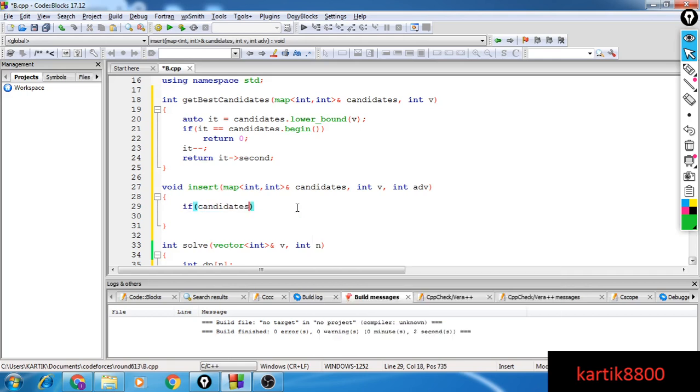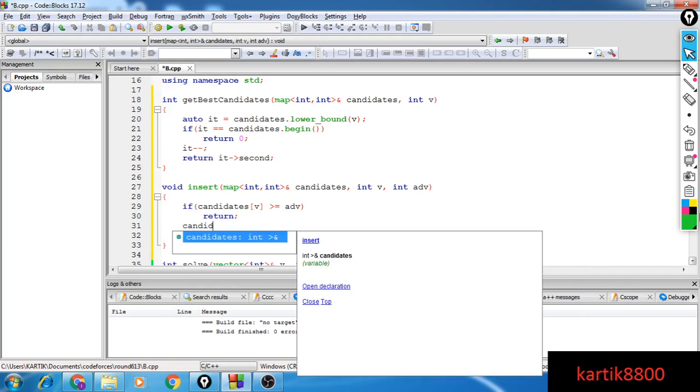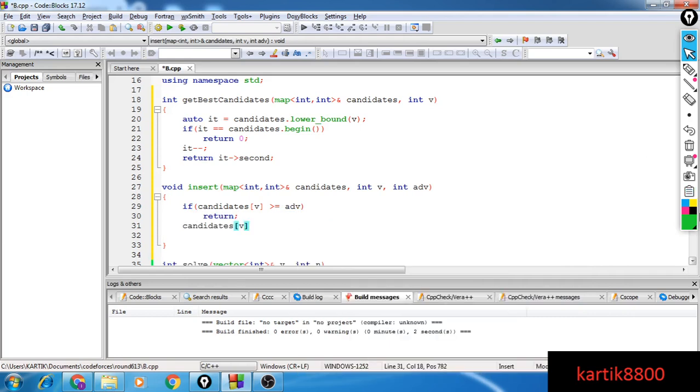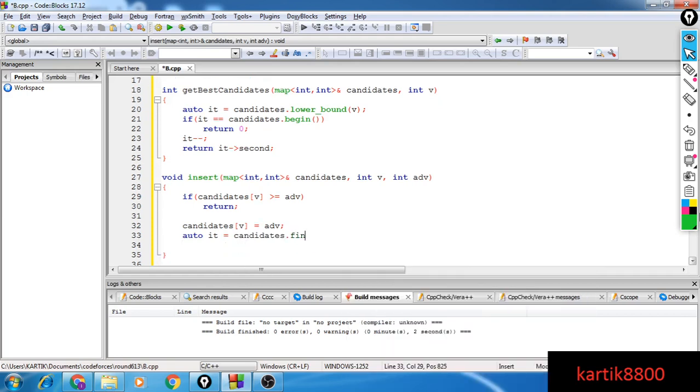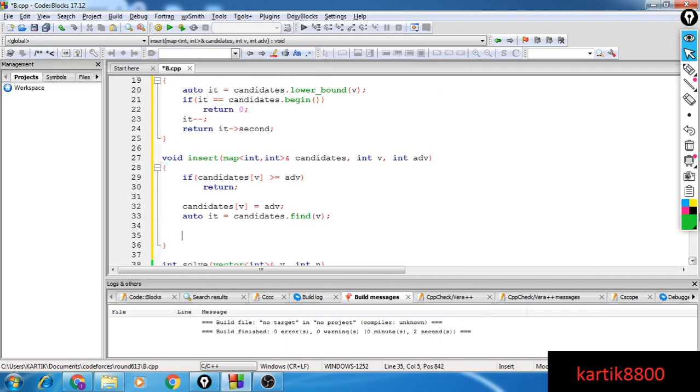So if candidates at v was already greater than the advantage this guy is giving me, then I don't need to insert. Otherwise I will be inserting this value to my candidates map. So I'll say okay, candidates at v gives me the advantage ADV. Let me get an iterator to this value v. Alright, so I have the iterator to v.